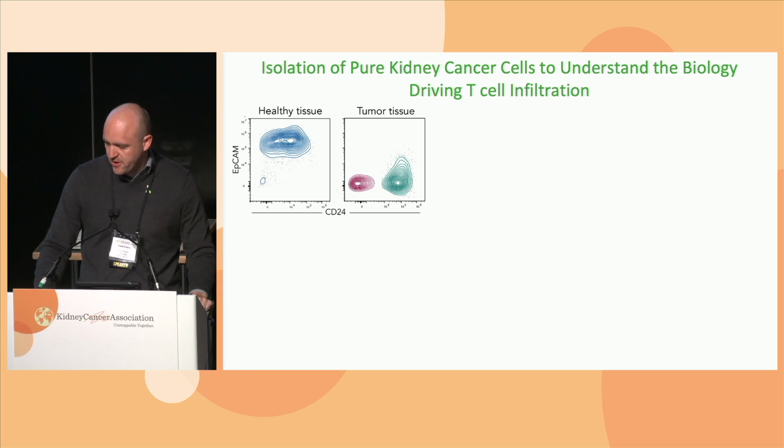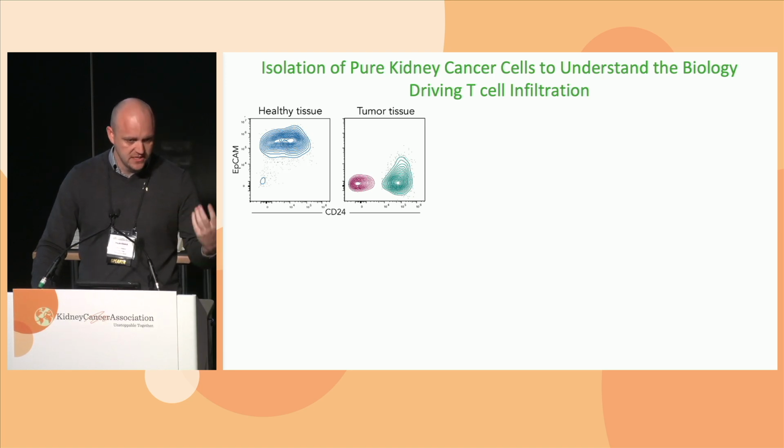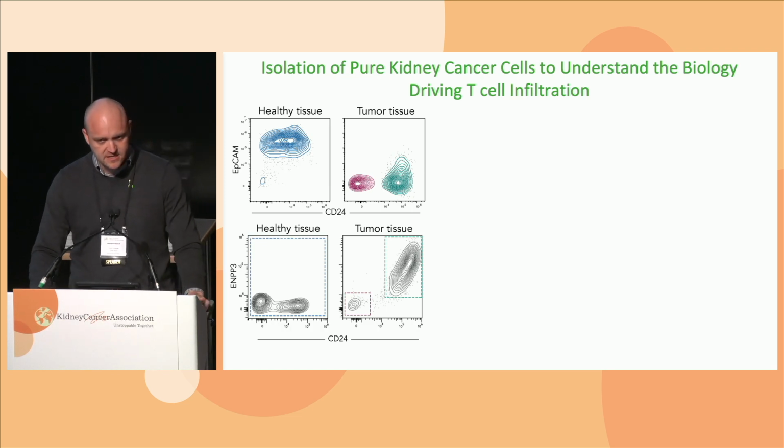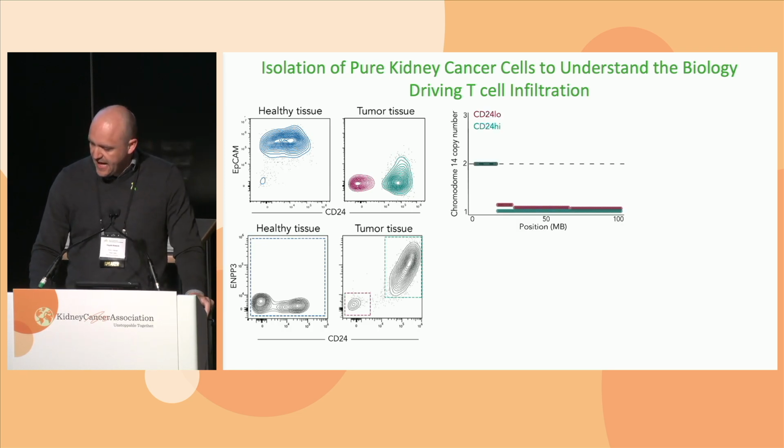So we've taken this approach here where we can isolate 100% pure cancer cells from a patient's tumour to sort of study what is the biology of that cancer related to immune infiltration or not. We've made a lot of surface markers where we can get down, perform flow cytometry, sort out cells. What I'm showing on the left is just healthy kidney. It's EpCAM very high. All the cancer cells have lost EpCAM. They've turned on these markers CD24, ENPP. And we can actually find 2 populations of cancer cells in most of our patients.